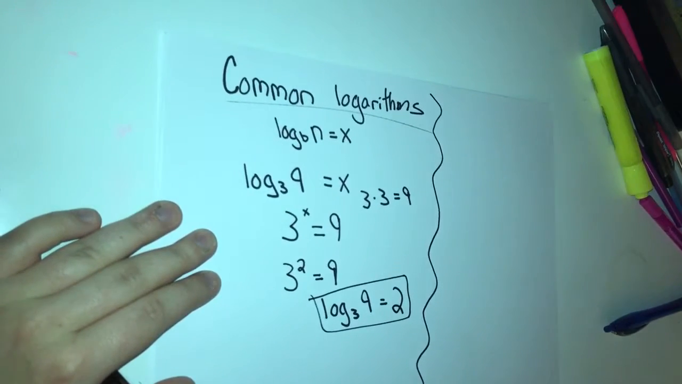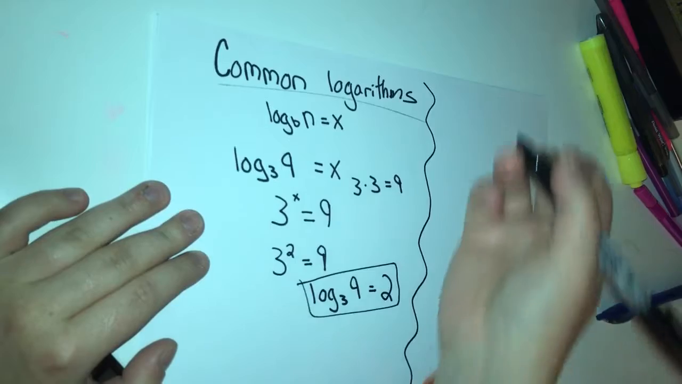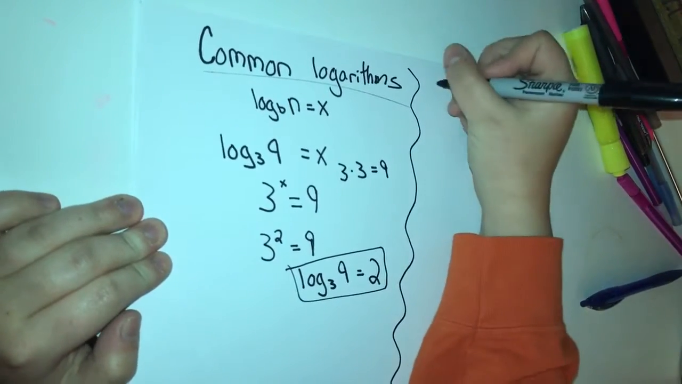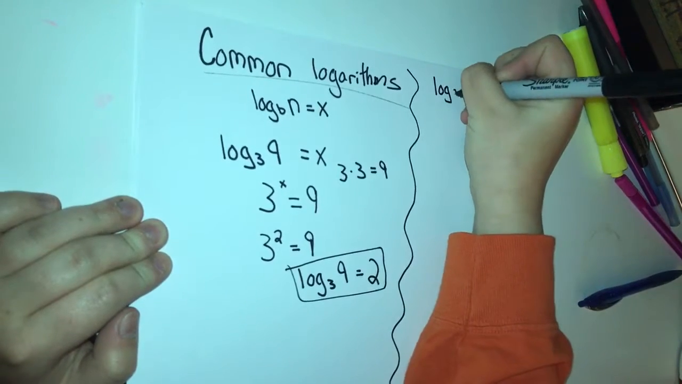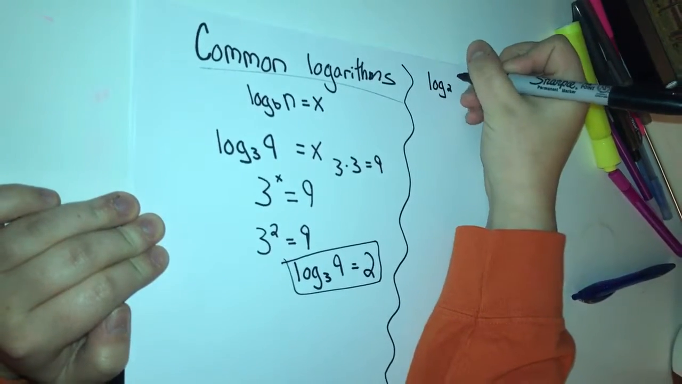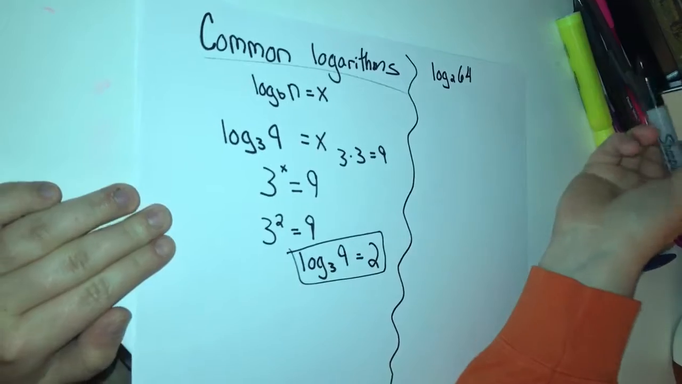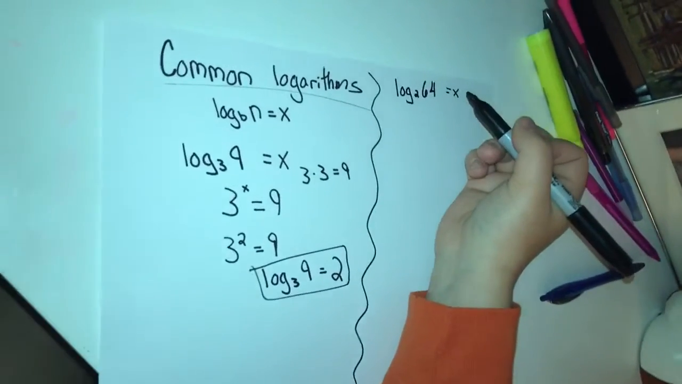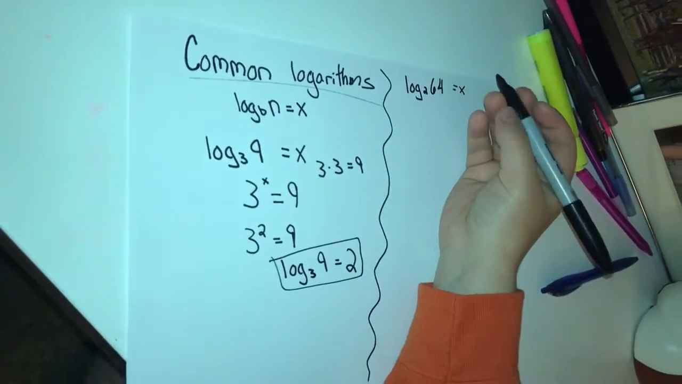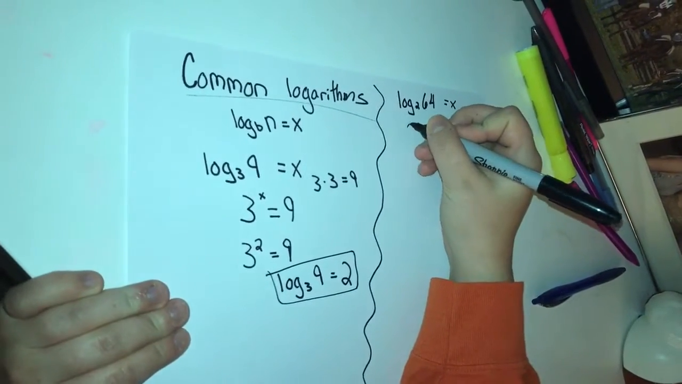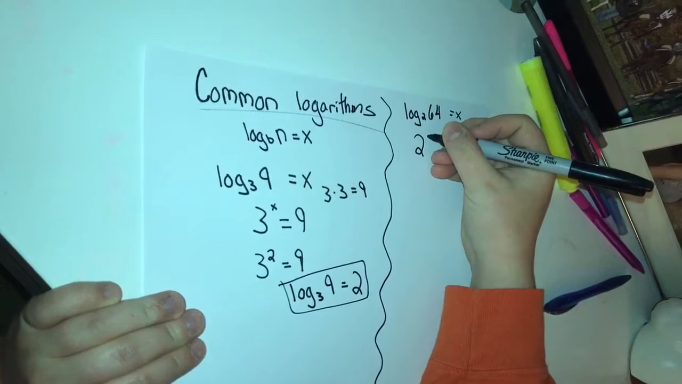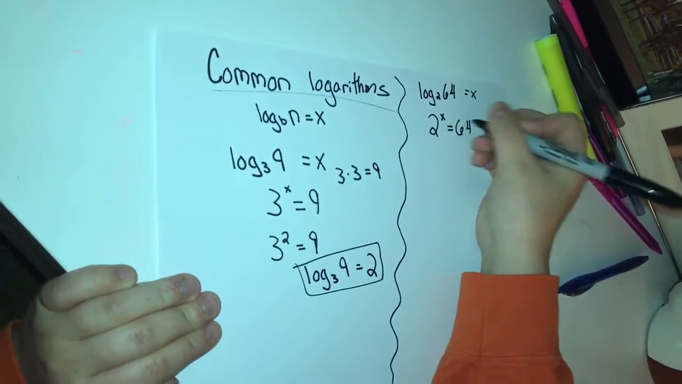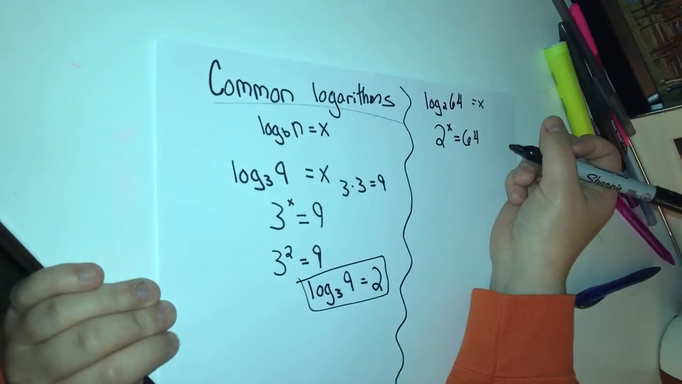Set it up the same way. So this example is going to be log base 2 of 64. So again, we're going to set this equal to x, and we're going to put it in exponential form. So we're going to take base 2 to the x equals 64. Now this one's more tough if you don't know your exponential